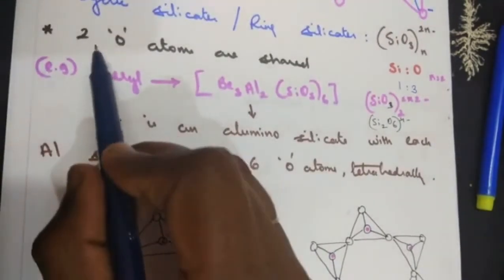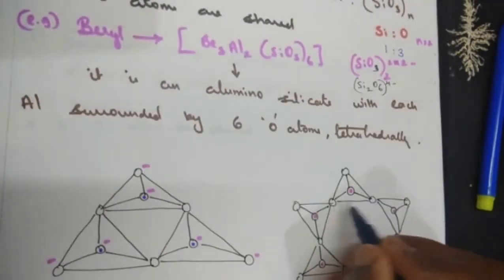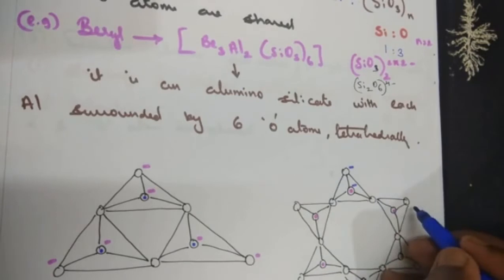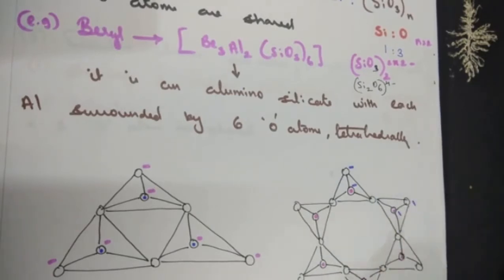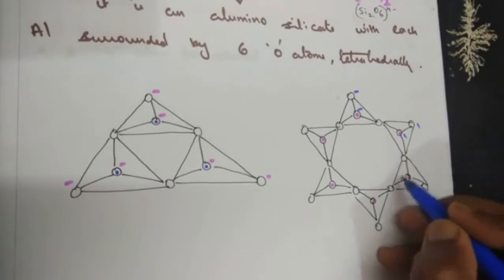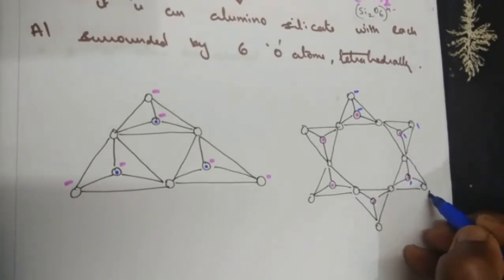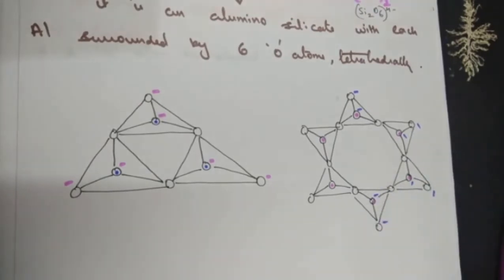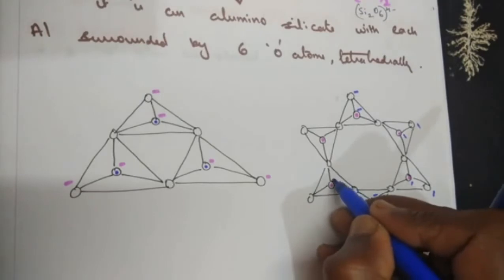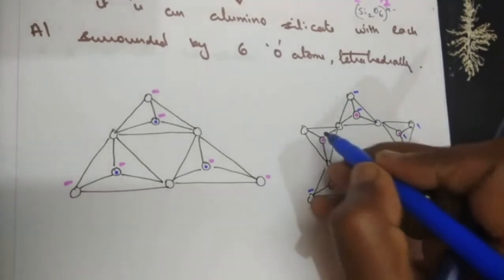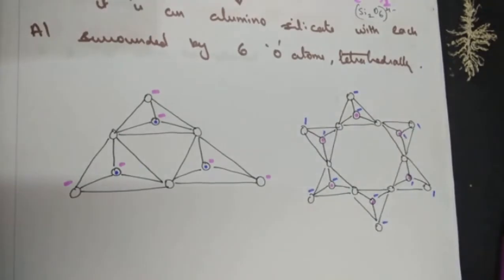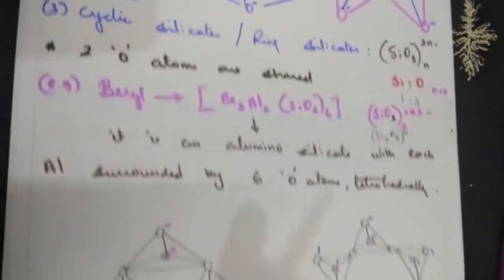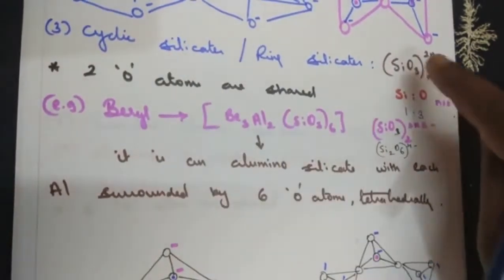How many oxygen atoms are shared? Two oxygen atoms are shared. So a charge here and charge here. Similarly for this one, these two oxygens are shared, and these two oxygens have their charge over them. Their charge is shared and these two remain. So here again two oxygen atoms are shared, and the charge over them. So once again I repeat, the structures of silicates without the charge over them is of no value. It's an example of cyclic silicate or a ring silicate.